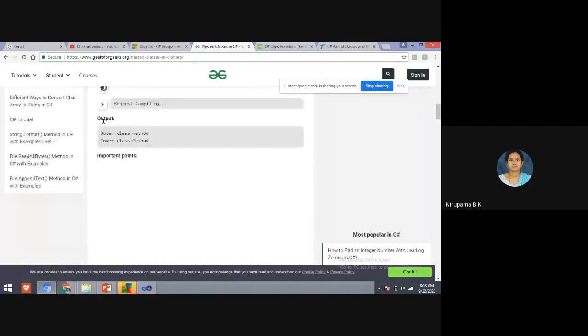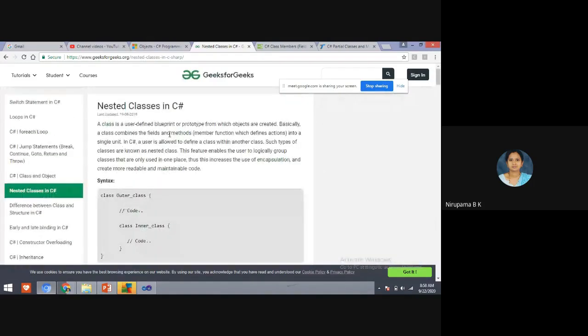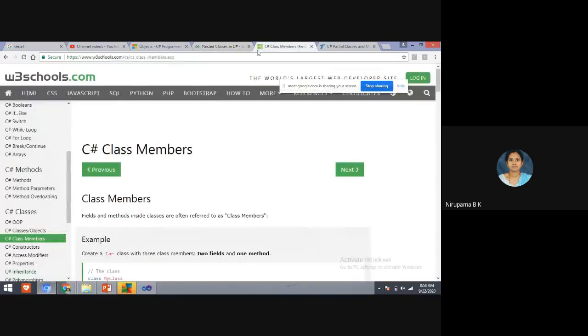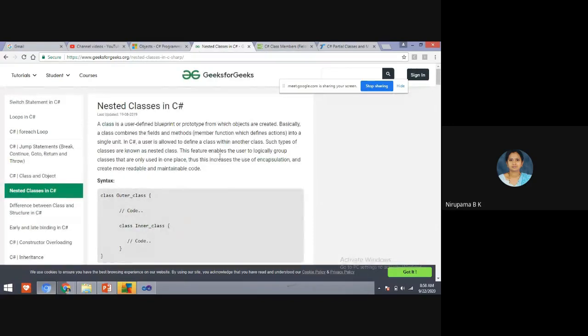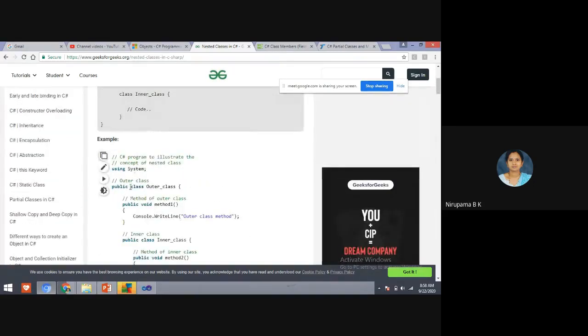Yes, ma'am. Yes. When you run your program, the output is outer class method and inner class method. See, students, here this is W3Schools, and you have one more, that is GeeksforGeeks. In GeeksforGeeks also you can execute your program. And see, students, if you want to do any changes,